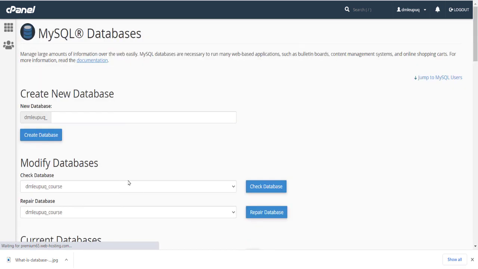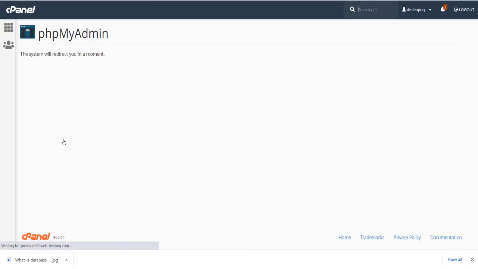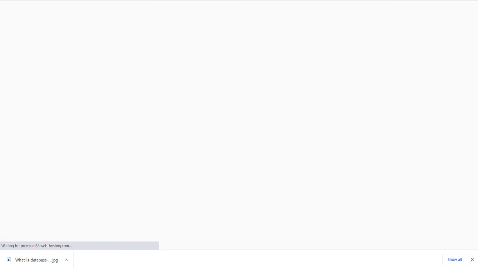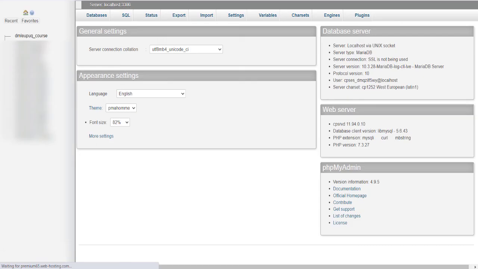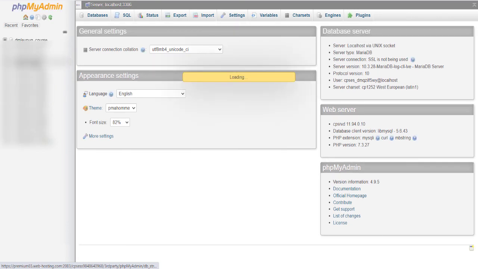Now again back to the cPanel option, and here you need to go to phpMyAdmin. You can see the backend of all my websites, my databases. So how a database looks, if you are new and haven't seen any database before, you can learn through this lesson. Here there are lots of my already running databases, and we just created a new database. You can click test. In test it looks like this.